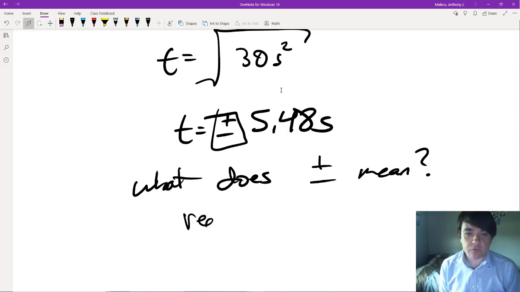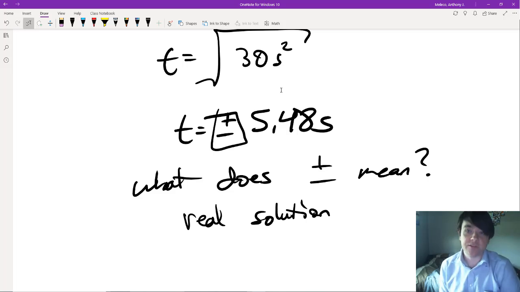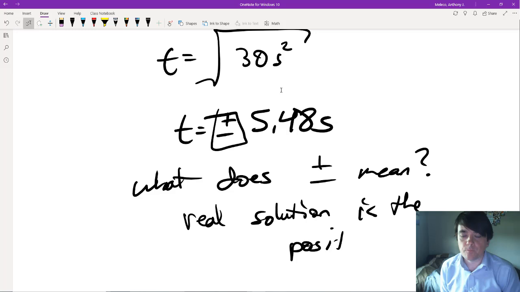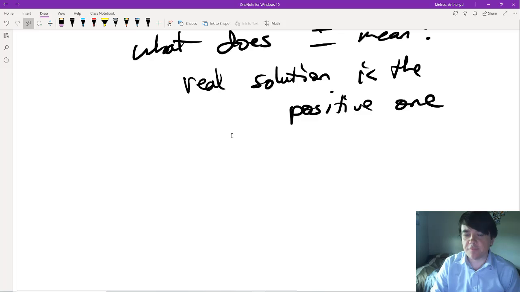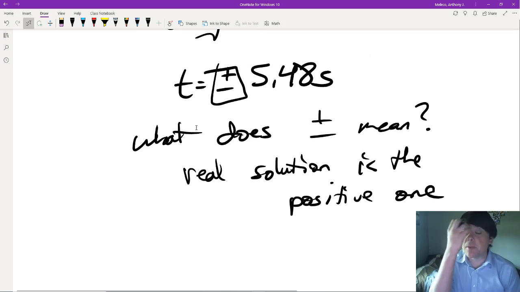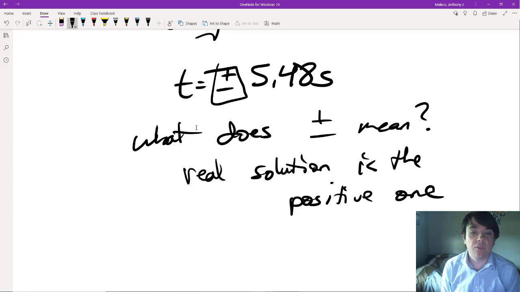But the real solution here, because we can throw that out, right? Because we're only concerned with moving to the right after 0, not what happens before 0 if we were to do the exact same thing. So the real solution is the positive one. And you'll often see this come up when you're solving for time. You'll see this come up all the time in kinematics, where you'll get a negative solution. But just go ahead and throw out